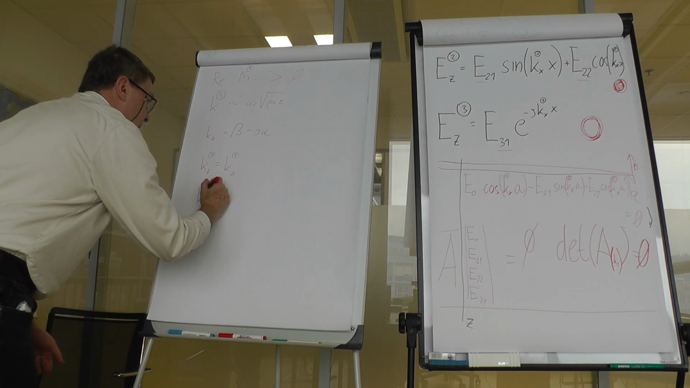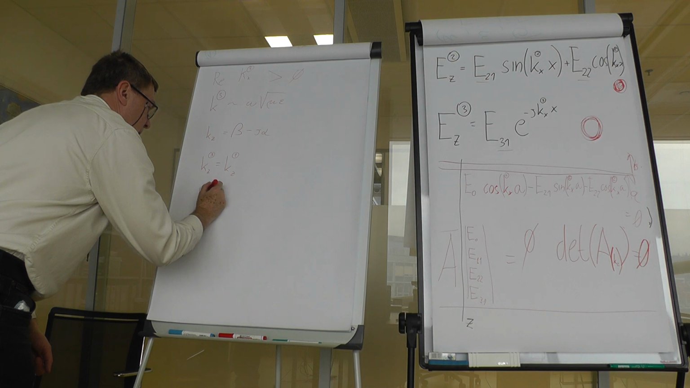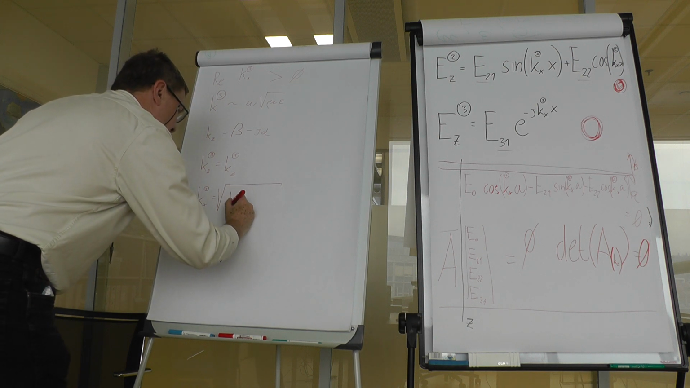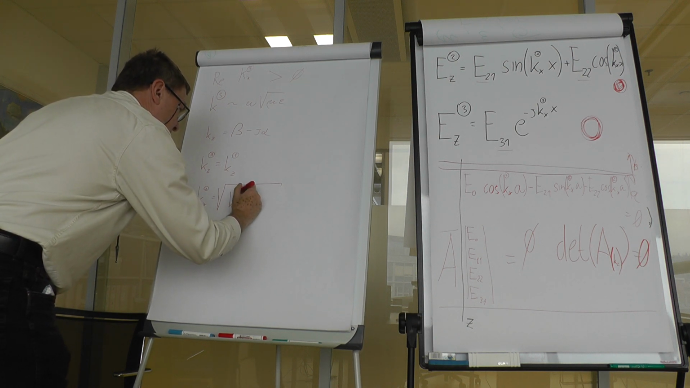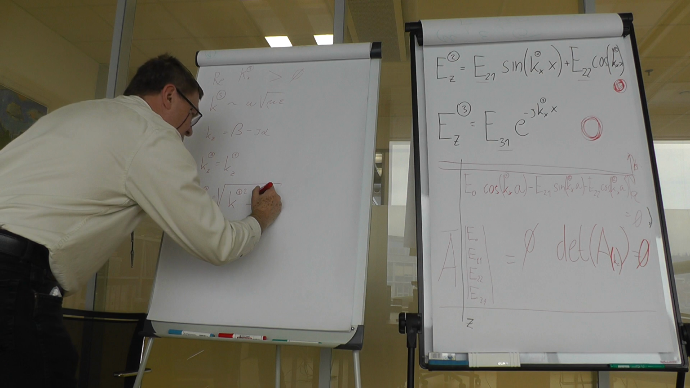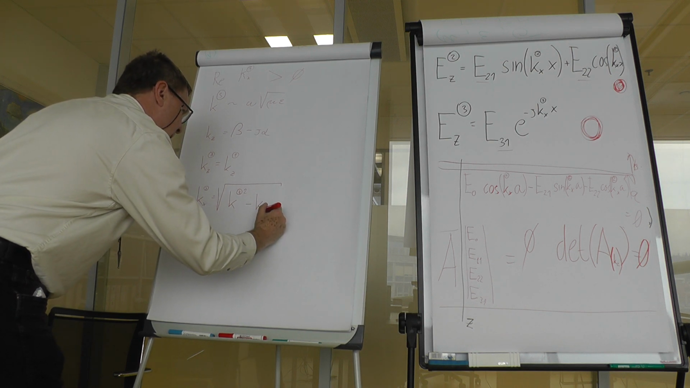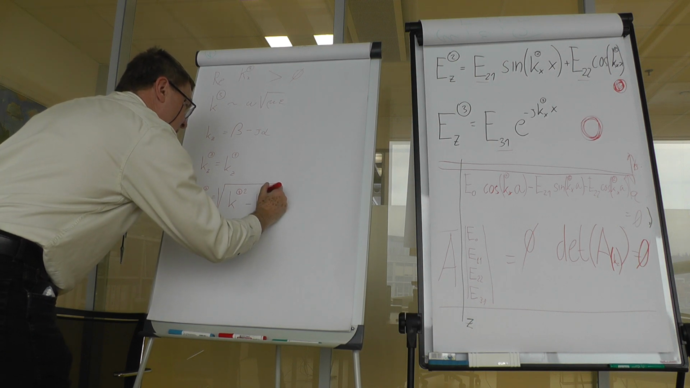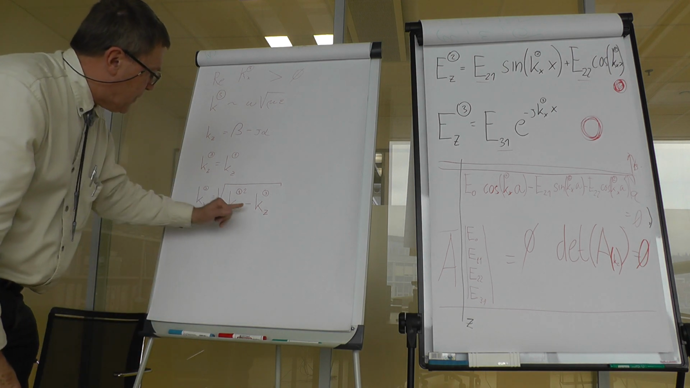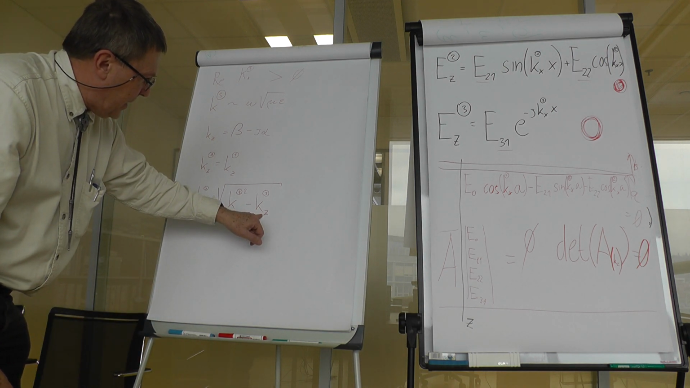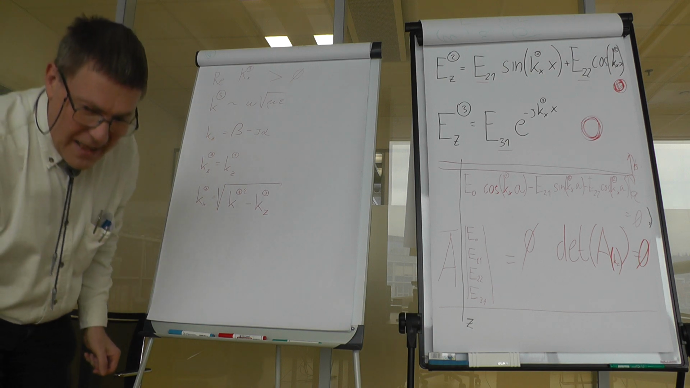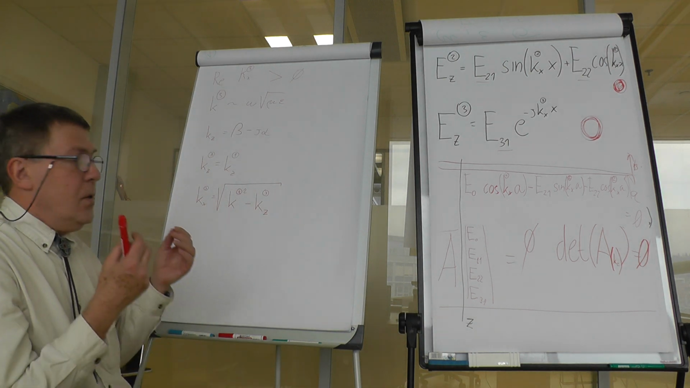Kx is a square root of K in the third region squared minus Kz squared, because Kz is common for all regions. And now look, if this is a complex number, you would get a complex number here, and you are